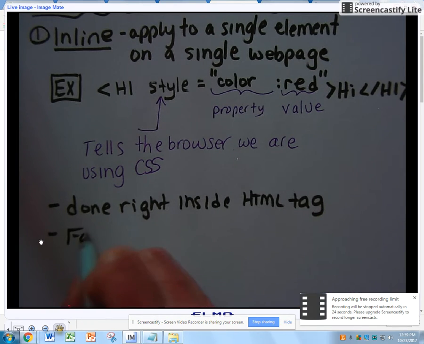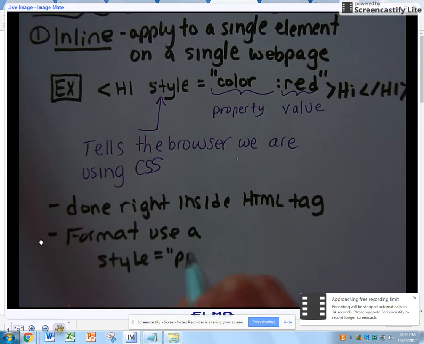The format is going to be that you use a style equals property colon value statement to indicate